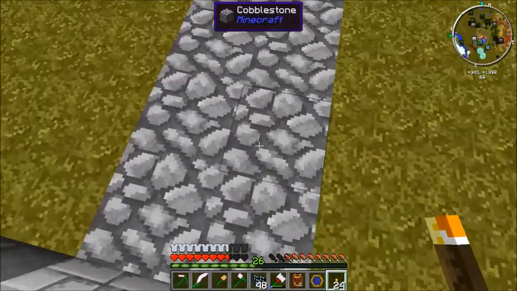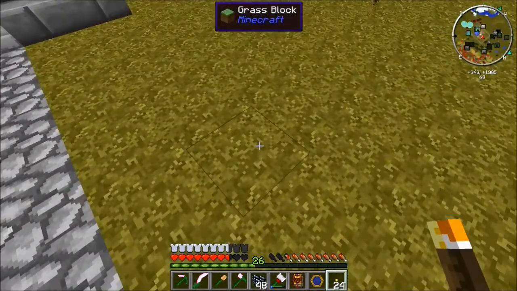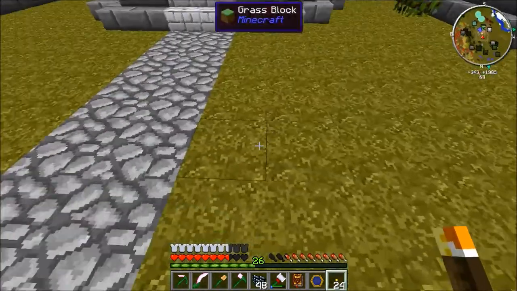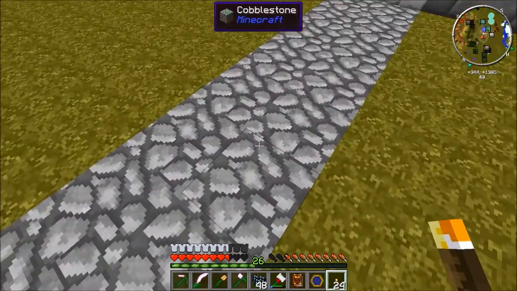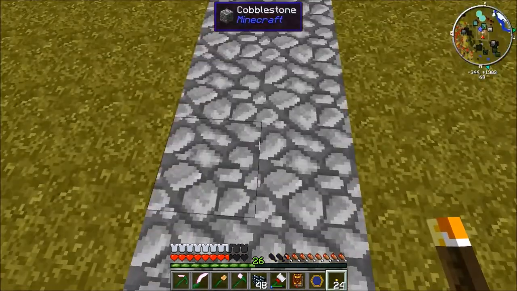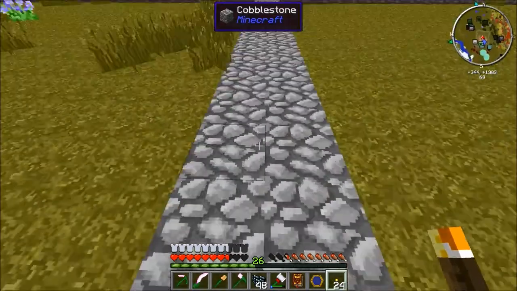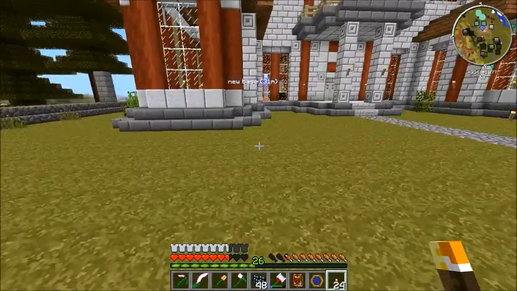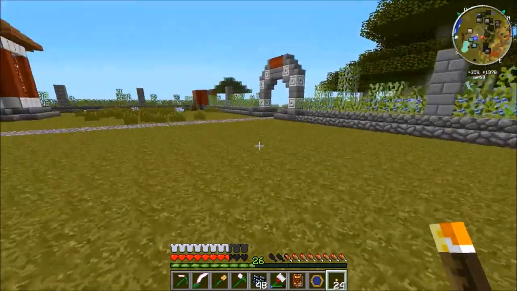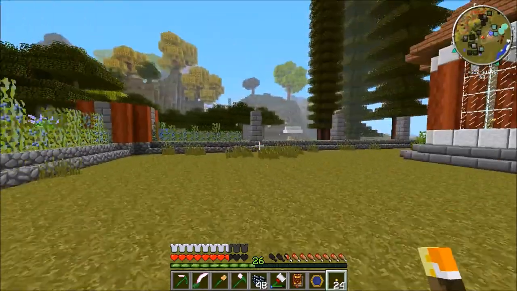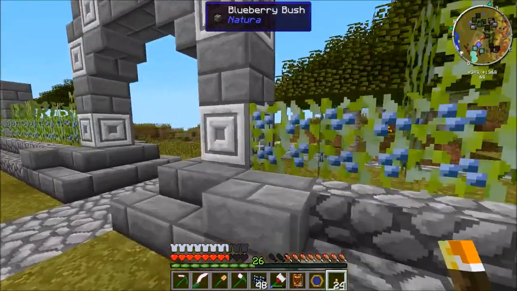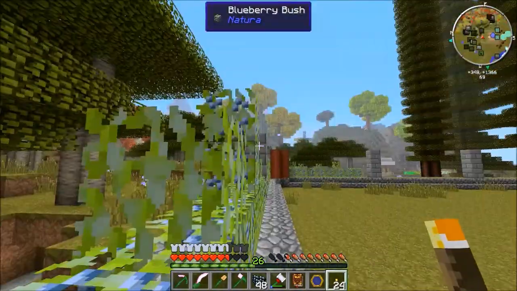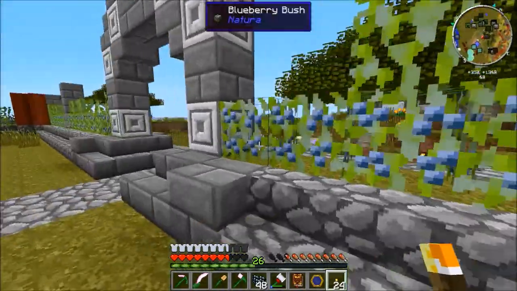But yeah, look at this cobblestone. This cobblestone and this grass both look a lot better. I mean, it's basically just an enhanced version of the default texture pack, but it looks very nice. Now, I did clear out this area. As you can see, I smoothed off all the dirt, and I started building a wall area. Now, I decided, instead of just putting a cobblestone wall or brick wall right here, that I was going to use